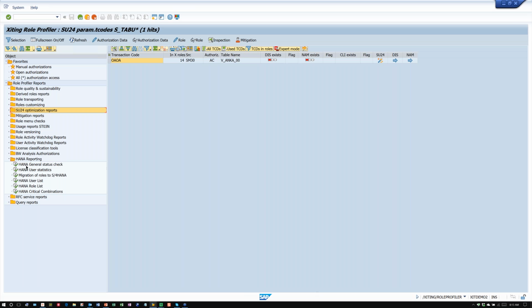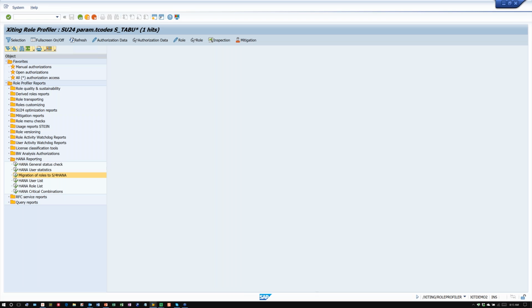The reports here that have HANA in capital letters at the beginning, those are all reports that we provide that you have to have a HANA database. They go out and they look at the HANA database directly. We do not have a HANA database to test with or to show you on the demo, but for our purposes, one of the main reports that you really want to see, that I think is really good, is the